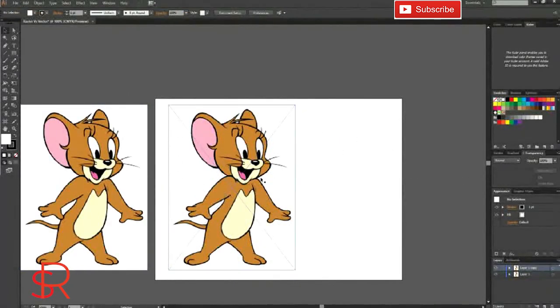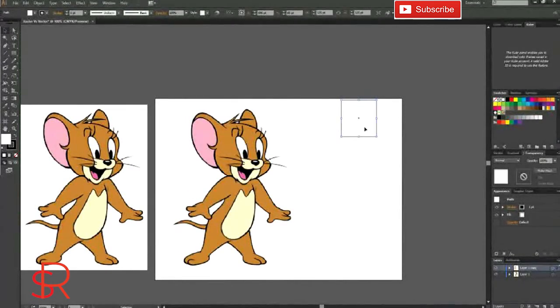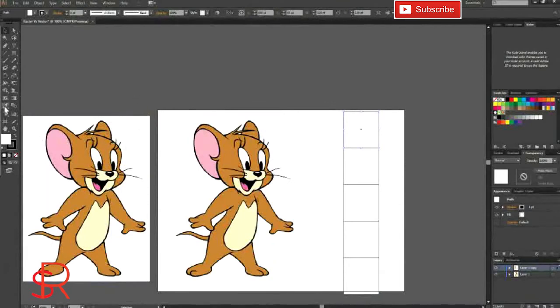So first of all, we'll make the color swatch, the colors which are available in the particular picture. So for that, we will make a small square, and in that we will start filling the color. So the total number of colors, whatever is available in the picture, we will make the squares accordingly. And after that, we will fill the color from the same image by selecting the eyedropper tool. And once we have made the complete swatches whatever is required, then after that we will start converting the image from raster to vector.